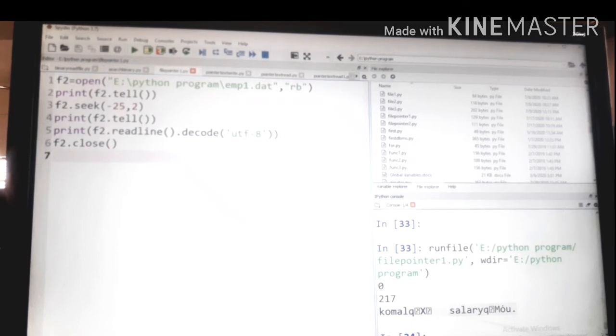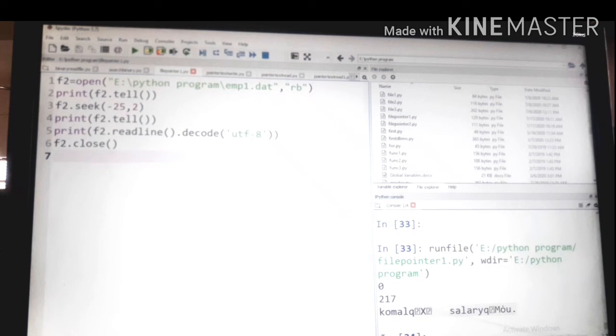This function basically works with binary files. You can't use it with a text file; the minus 25 does not work with a text file.